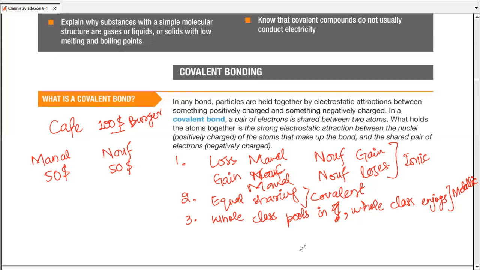Although it was supposed to be ionic, it showed a little bit of a sharing character, which was covalent. And in the previous example, although it was supposed to be covalent, it showed a loss and gain character, and Manal thought simply about her bigger half. So that was actually some ionic bonding in the covalent bonding. Let me tell you, bonding mixes with one another, but that's actually a part of A level. Any scenario that you can come up with in case of bonding actually happens between the atoms. I keep saying something to my students, that we behave like our atoms do, or our atoms behave like we do. So it's pretty similar to one another.